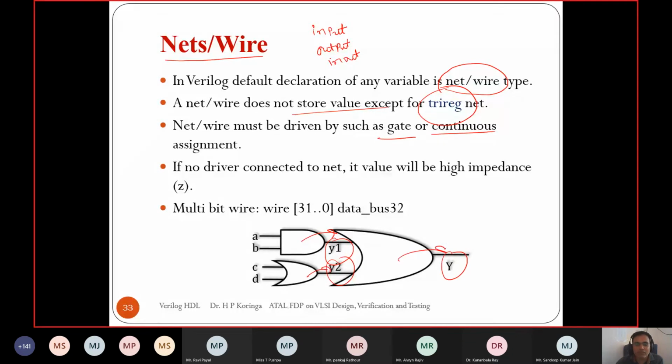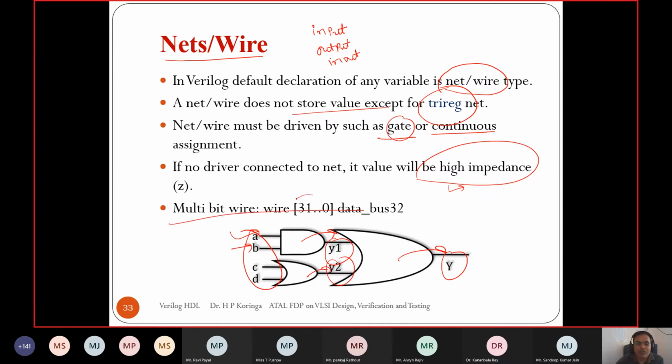Here the y is also driven by this OR gate, and all the inputs we are assigning some value, so it is also driven. If it is not driven, suppose any net is hanging, we are not assigning to it, and it is not the output of any gate, then it is considered as high impedance. It is like a hanging terminal, not connected to VDD or ground. So it is a high impedance line.